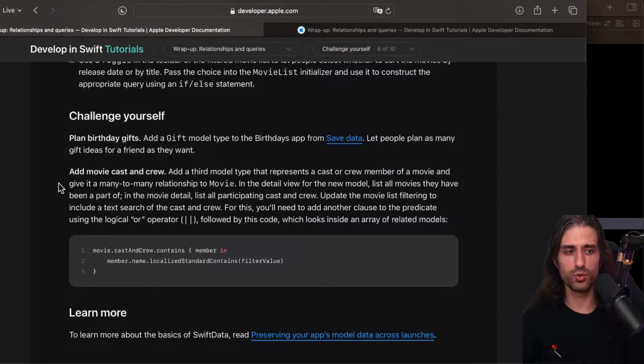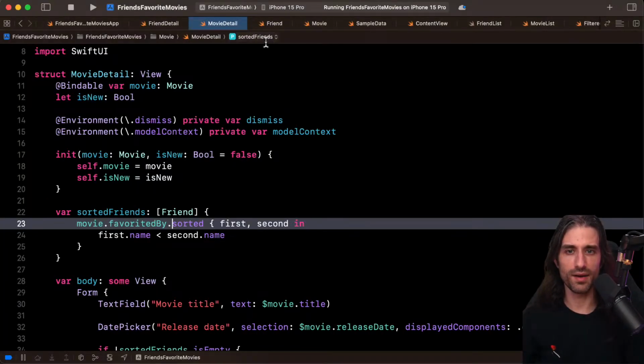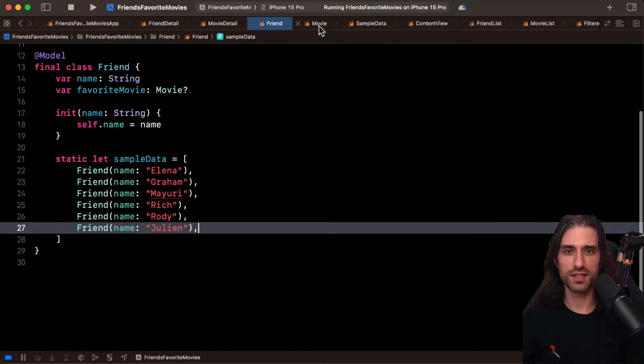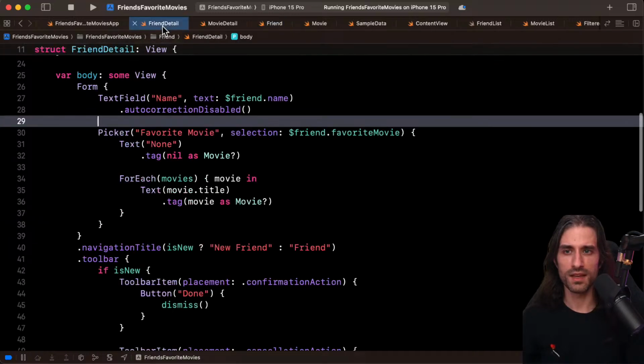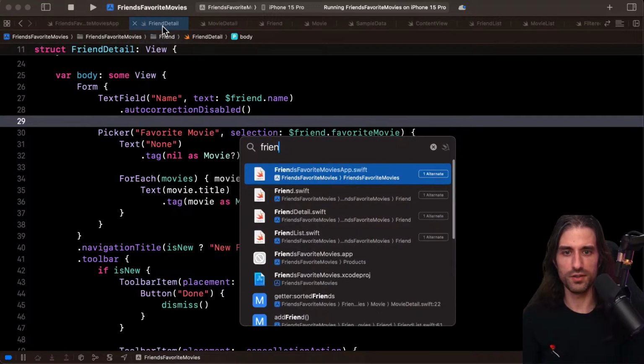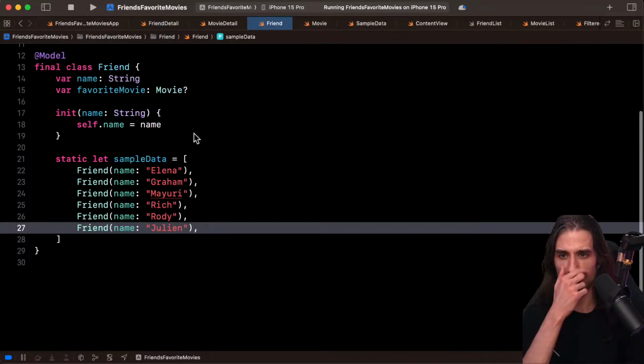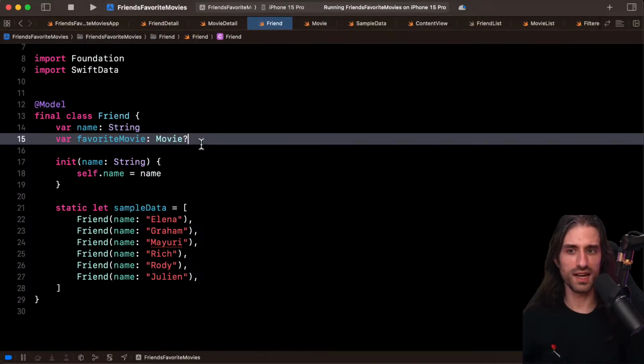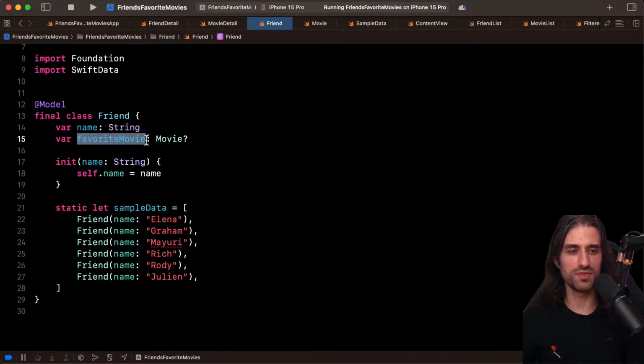And the last one that you could also do is to try and see what happens if, here in the friend in the model, you add another property like disliked movies. What's going to happen? Will SwiftUI still be able to infer what is the inverse relationship in the other way in the movie type? How will it know if it should use the favorite movie or the disliked movie as the inverse? That's something that you can also explore.